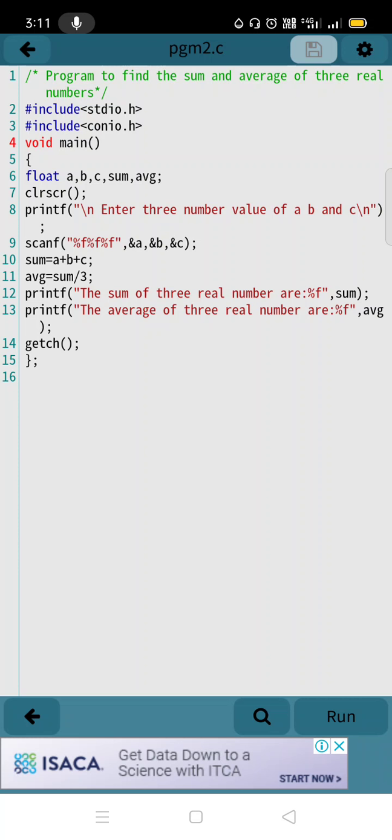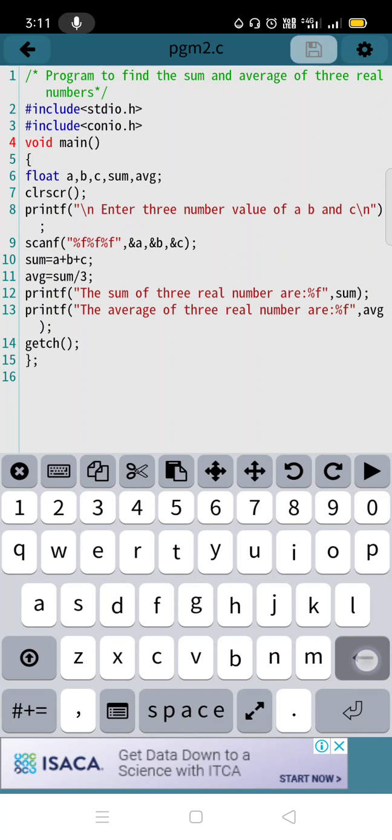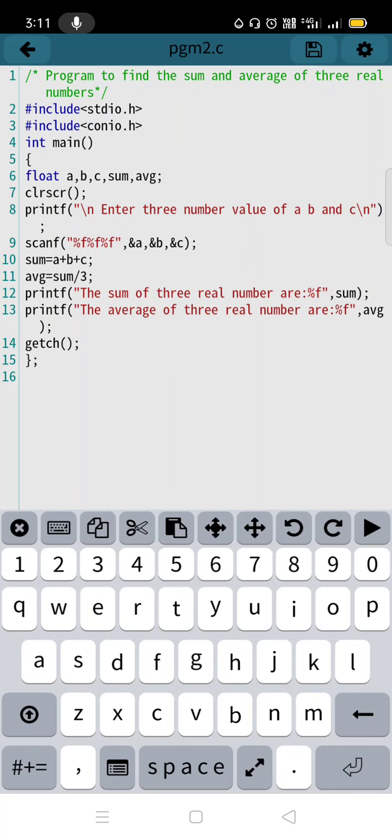Now after that you took void main, but here it is showing an error. In the red line, void is showing in red. So remove that void and type int. Okay. Now it is correct. You had taken the data type int and started the main function, and from here your C program actually begins with the opening flower bracket. You can see here.